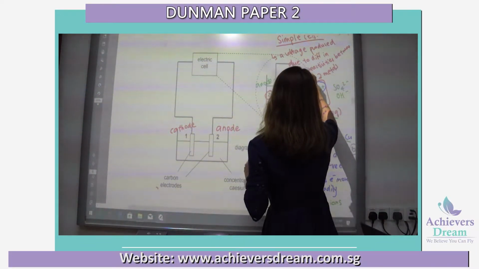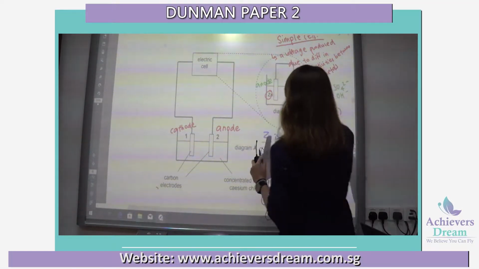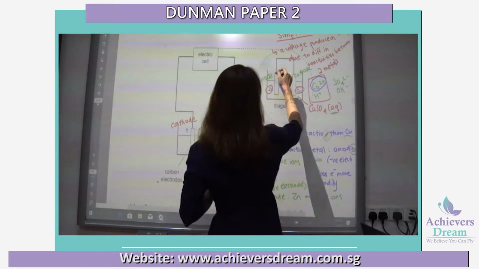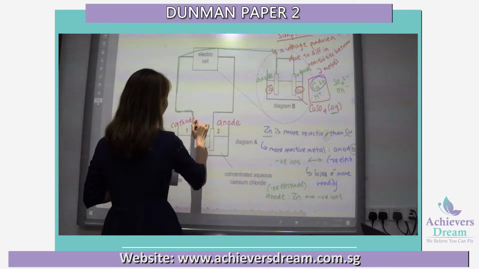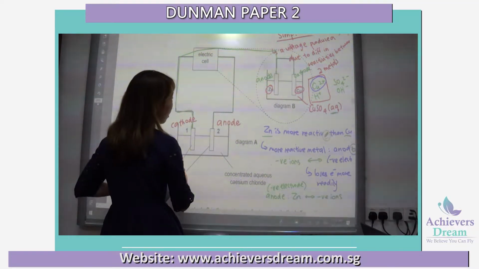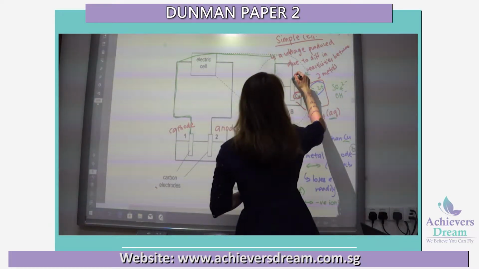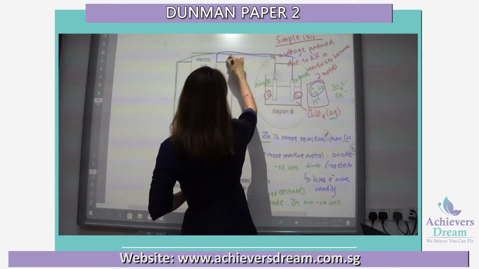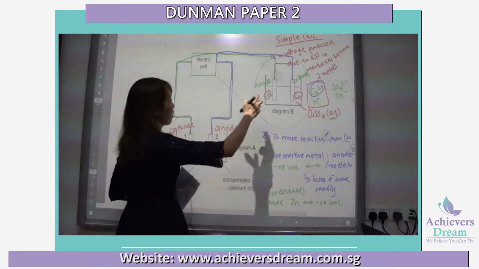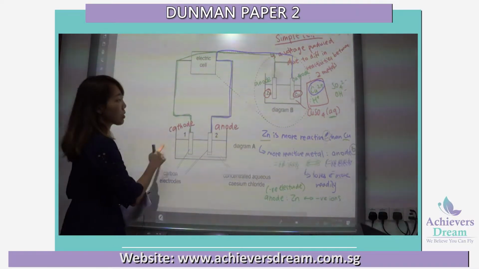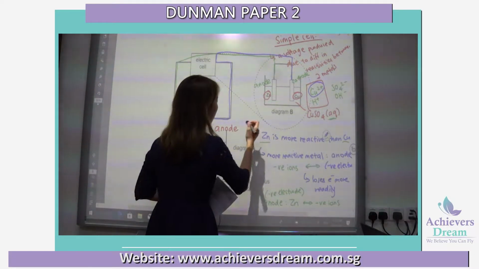Then copper is cathode. Okay, so right now, can you see that my zinc is actually linked to my cathode, correct? Anode and cathode. Whereas for my copper, it is linked to the anode. Okay, so anode, cathode, cathode, anode. Okay, so if we switch over now, so I have,